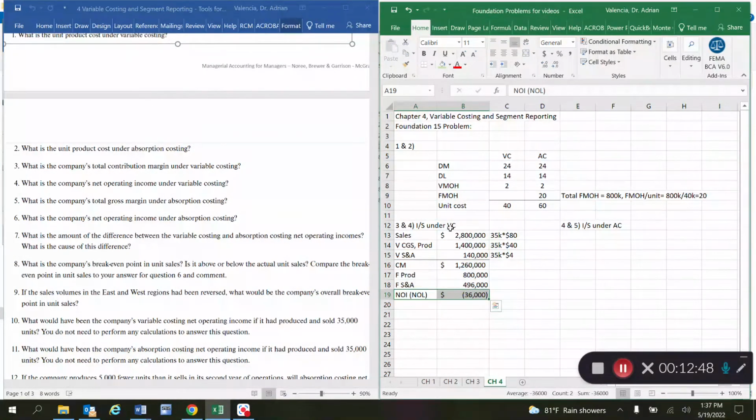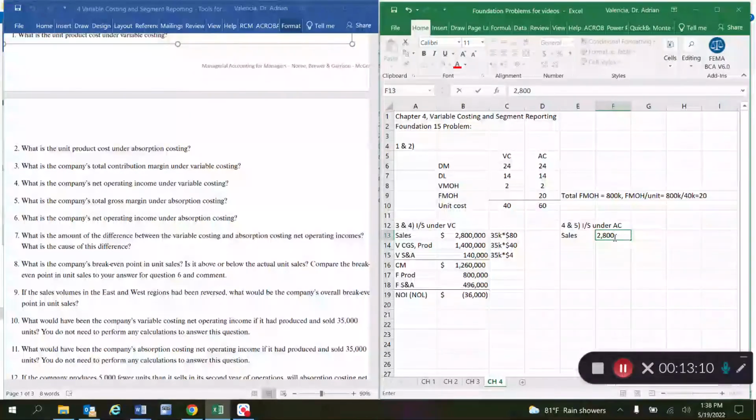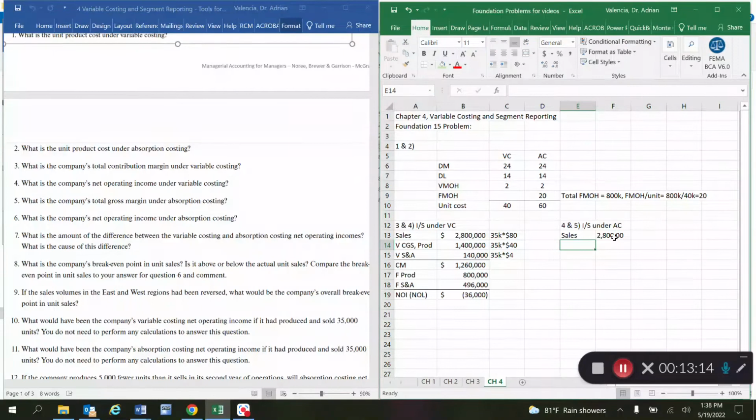variable costing. Okay, so if we do the income statement under absorption costing, then we start off with sales as well, same thing, and it's going to be the same sales amount of $2,800,000. So let's see what that looks like. So we have $2,800,000 here, and then the next item we subtract is cost of goods sold,